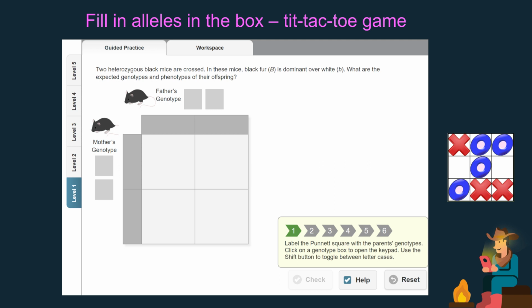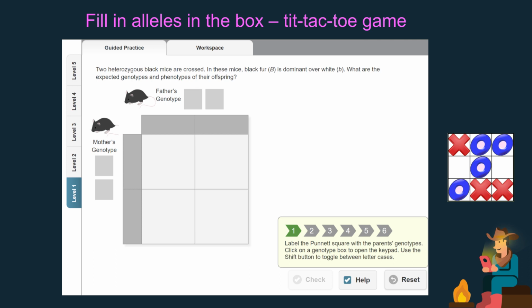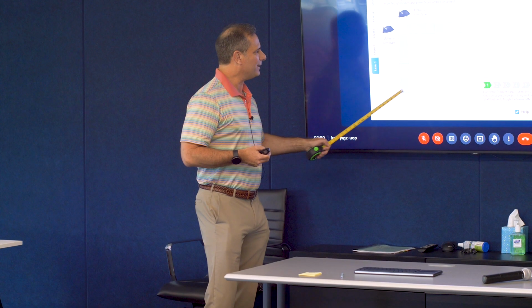So this is Punnett Square. So we've got 2 mice here. You can see there's 2 black mice. Now, I've only been in education for 7 years. I worked in academic research at MD Anderson Cancer Center, and I worked with mice for like 20 years. So same slide. So what happens is when the students see this, or as an instructor, so the students can actually use this, or of course I'm going to show how an instructor uses it, is when you click on the screen or touch your phone or with the mouse, then you're going to get here a pop-up where it